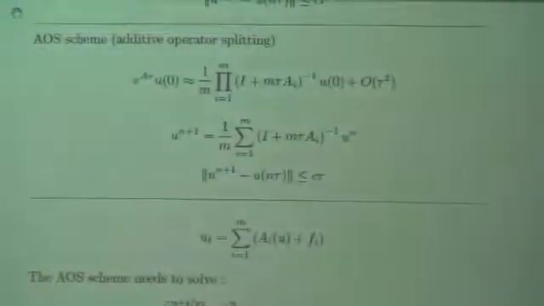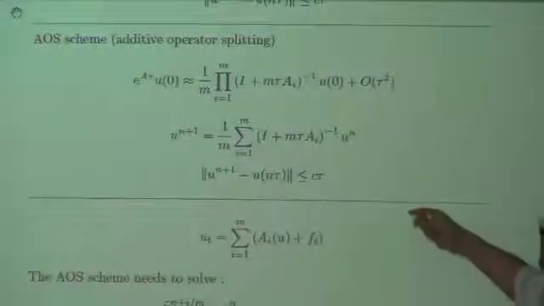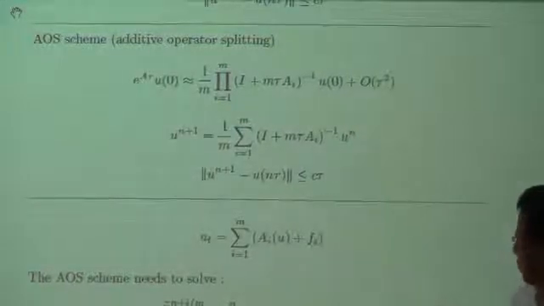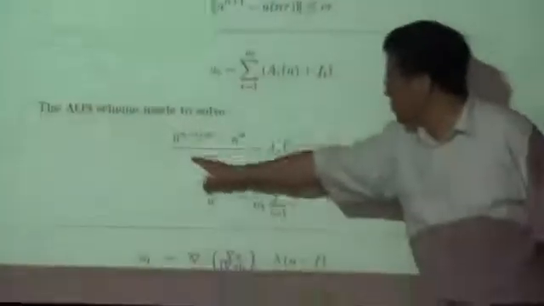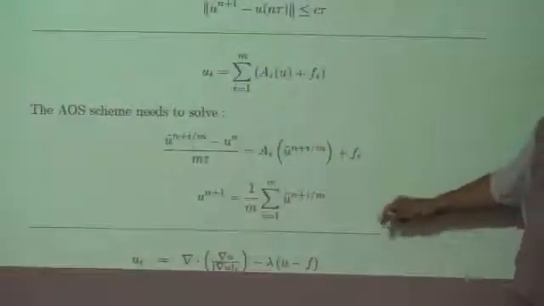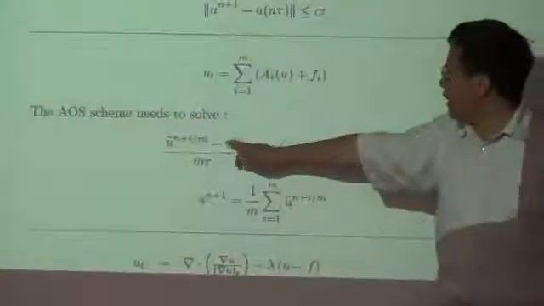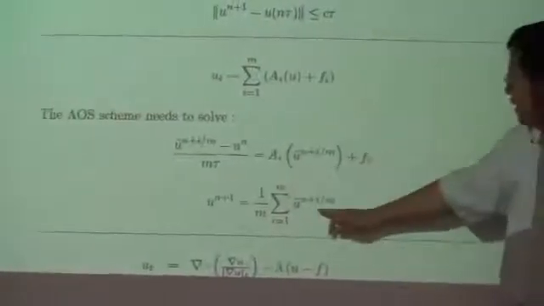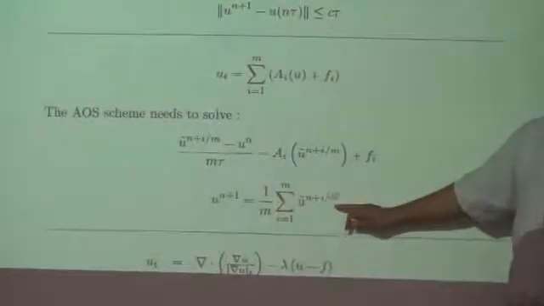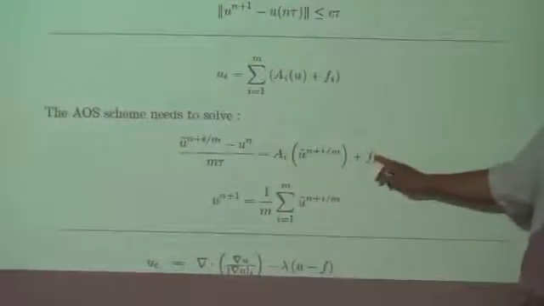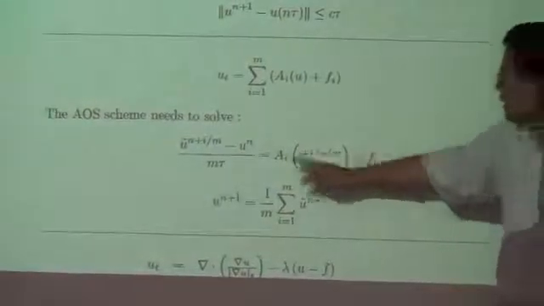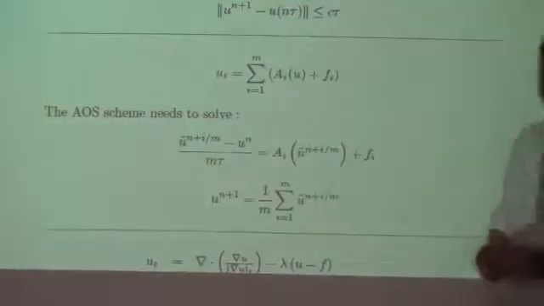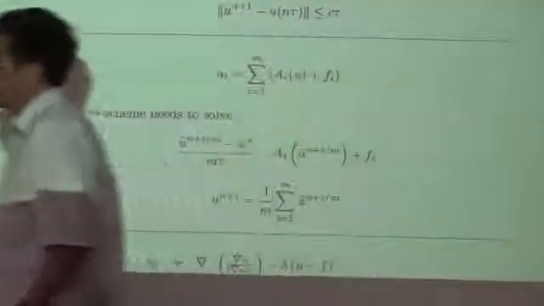Right. So in any case, this additive operator splitting applied to this nonlinear operator is essentially to solve this one. You always start from un, you solve m subproblems simultaneously. This is nonlinear, and then you average with 1 over m. So you solve those problems simultaneously with step m tau, and then you do the average. So this is the so-called